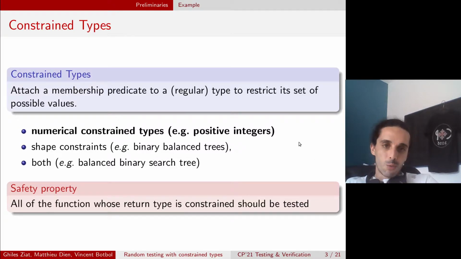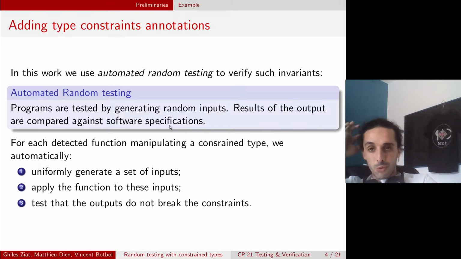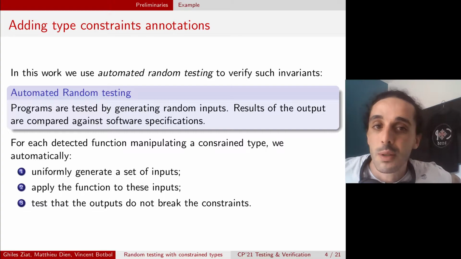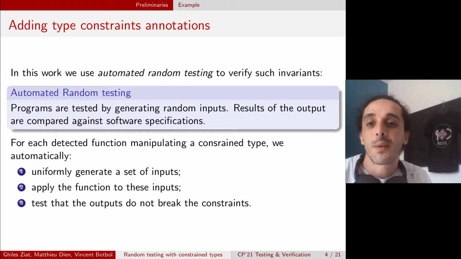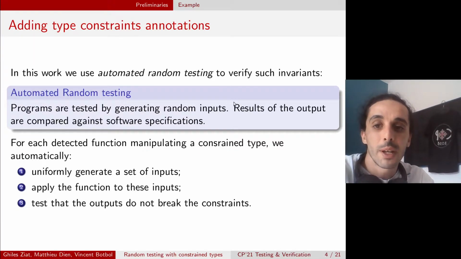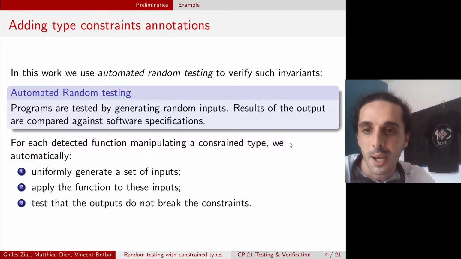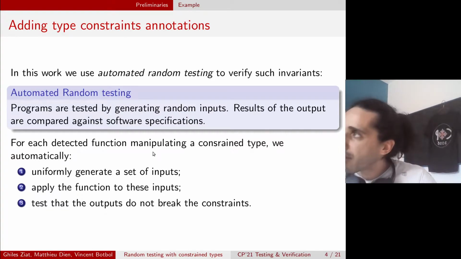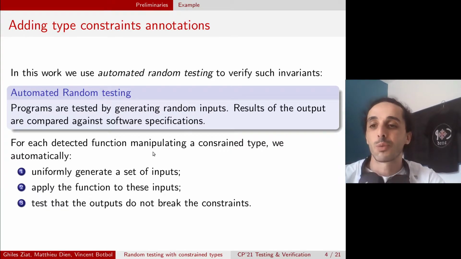In this work we will only focus on numerical constraint types, and to do so we will use automated random testing. Automated random testing consists in generating random inputs for programs or for a piece of program such as a function, and testing if the output satisfies the specification. In our case, more precisely, for each function that manipulates a constraint type, we will automatically generate a set of inputs, apply the function to these inputs, and then check if the output